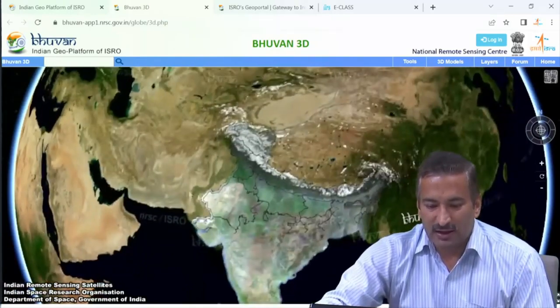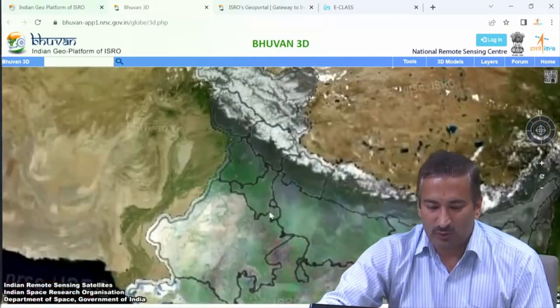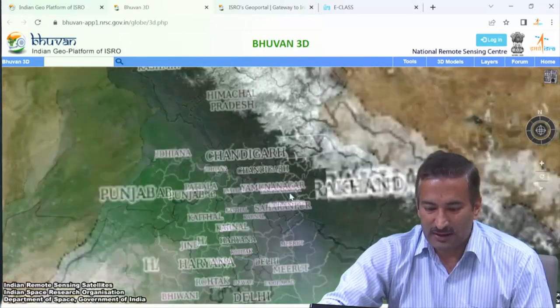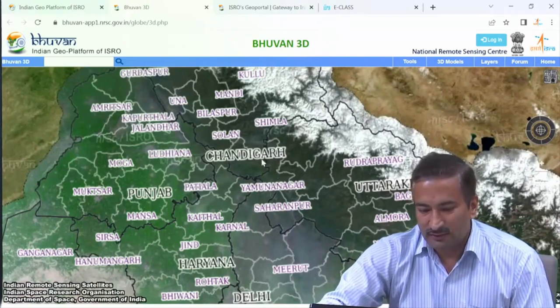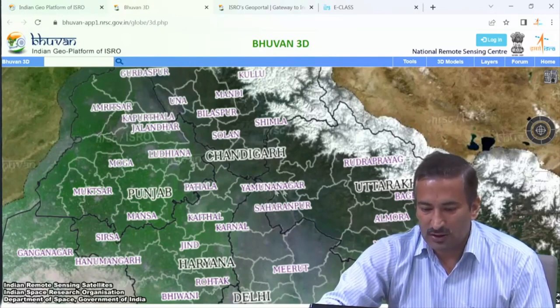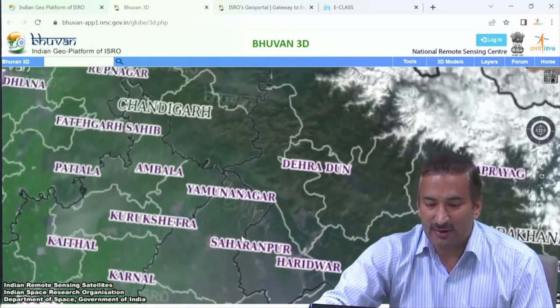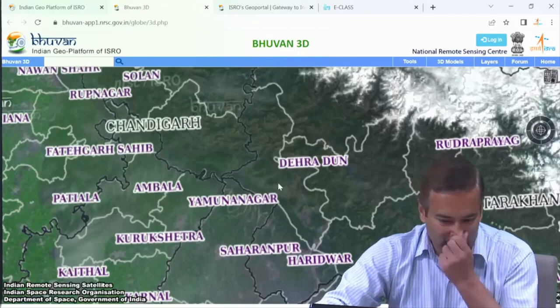Since my area of interest is Dehradun city, I will again zoom to the city of Dehradun. You can see the Uttarakhand state is visible over here, and the names are also there. In Uttarakhand state, somewhere towards the northwest side, is the city of Dehradun. This is the east, west, north and south. So direction is another parameter which helps us to find out those features.